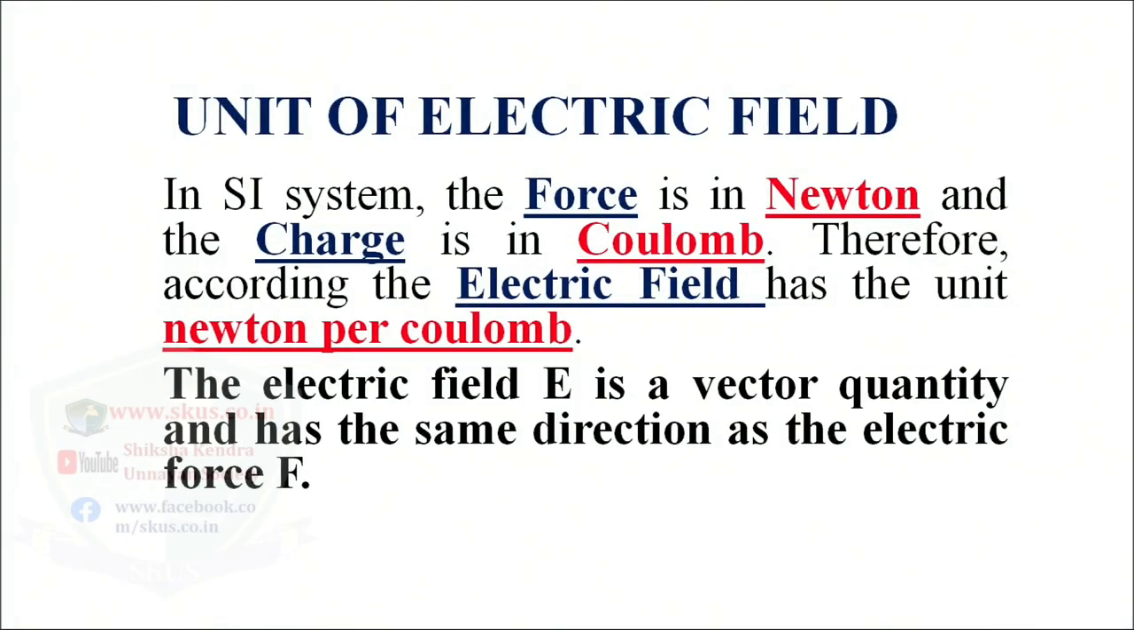Now, let us define the unit of electric field. What is the unit of electric field? In the SI system, the force is in newton and the charge is in coulomb. So, therefore, the unit of electric field will be newton per coulomb, because the formula for electric field is E is equal to F upon charge. It is force per unit charge, so it is